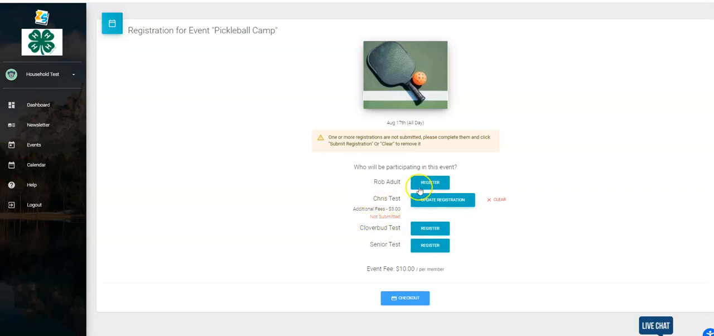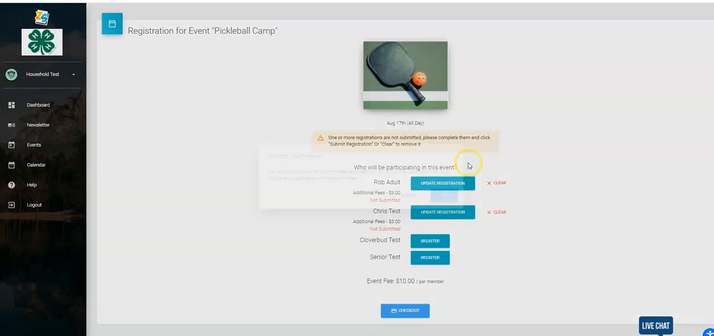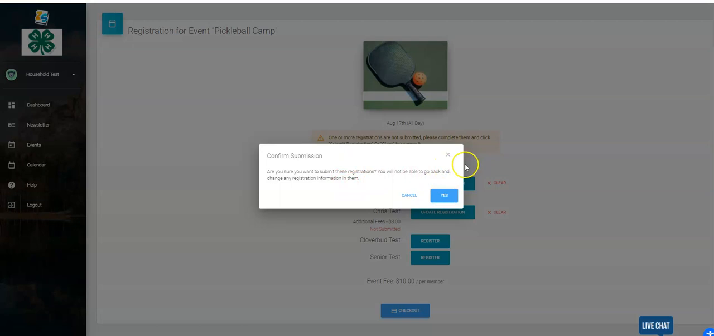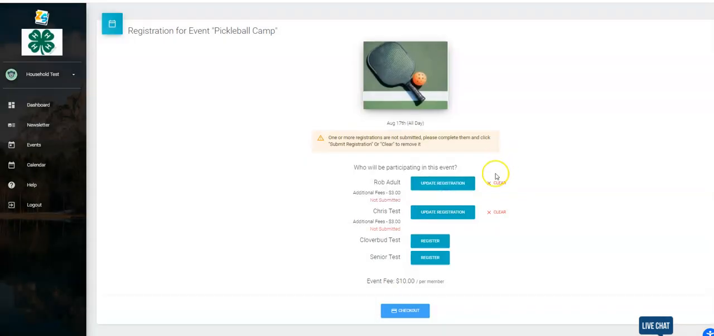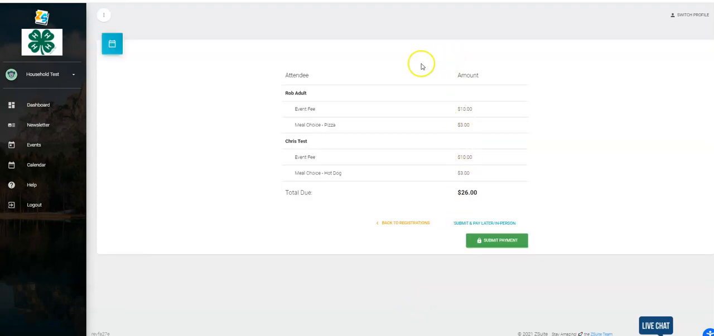So let's go ahead and register another member of the family. And in this case, let's go ahead and submit registration. And here it gives us a warning to make sure that we are sure, because once we submit, we cannot edit our registration. And so we're going to go ahead and check out, and it takes us to the payment